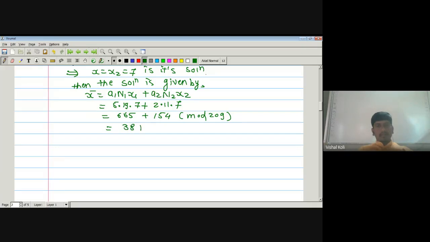Plus 154 modulo 209, which is equal to 38 plus 154. Okay, so x bar equal to 192. That is, here x bar equal to 192 is an integer